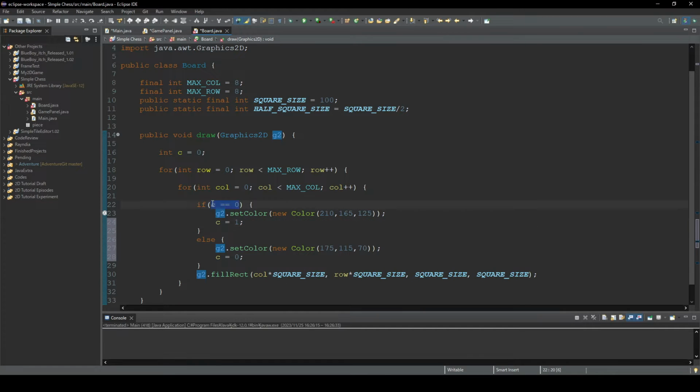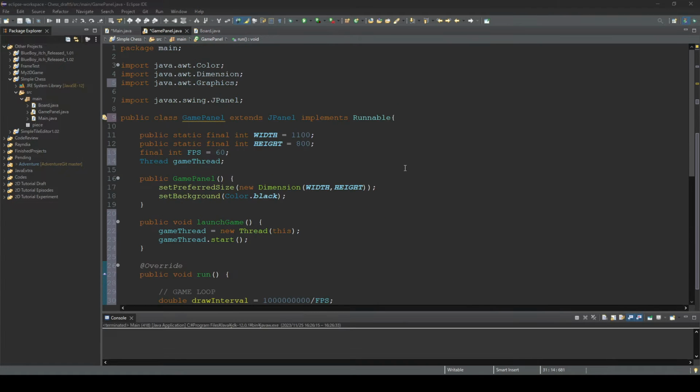So if it was c0, then we change this to c1. So next time we're gonna draw the square with this color, and the next time this color, and next time this color. Okay, now back to the game panel, and okay, here,